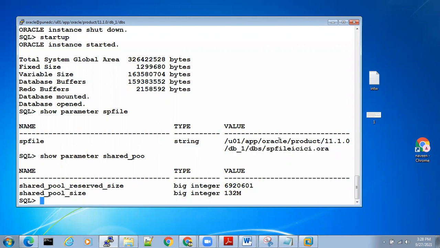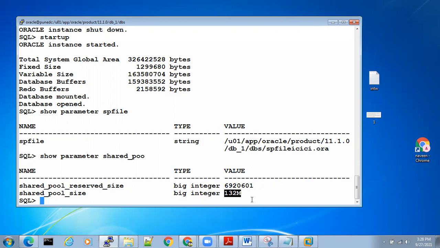When the database is using SP file, it is reading the parameters from SP file. So which file it is reading, you have to change in that file. Why will we change in the other file? Yes or no? Yes, sir. Now what we have to do? Can someone take the initiative and tell me? I want to change this parameter of shared pool size from 130 to 120. Where do I have to go and where do I have to change?